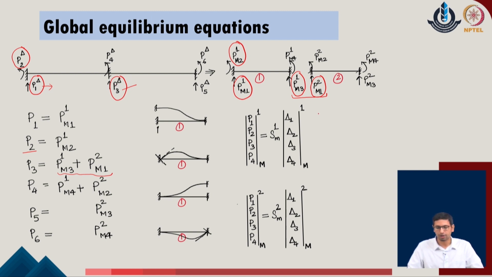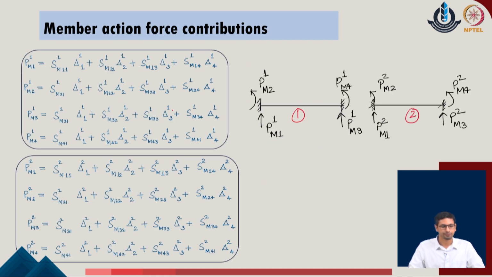And by doing this kind of sum, we realize that we have a contribution of the stiffness matrices which are defined at the member level. As we already know them in a very generalized manner, rather than calculating the stiffness matrix for the structural system in an entirely new way, I can just assemble the stiffness matrix by adding the contributions of the member parts. So, I just write the contributions with respect to all these force components, which are the corresponding forces for member 1 and for member 2, and all of these are the coefficients of the stiffness matrix which we have already defined in the member coordinates.